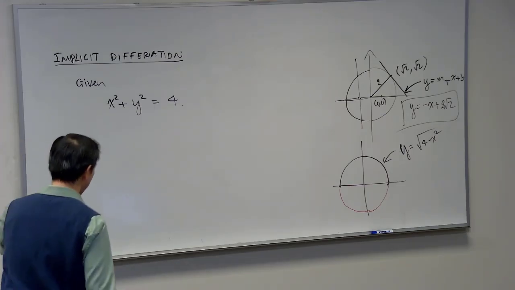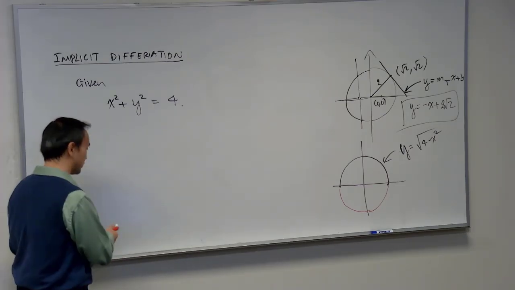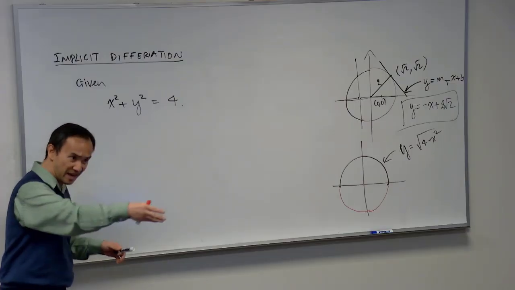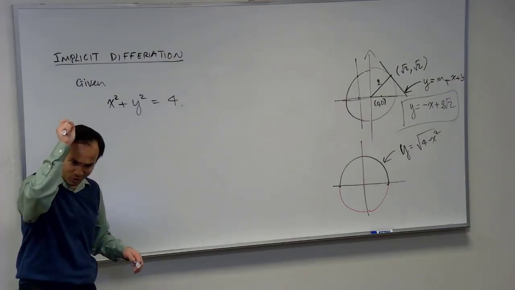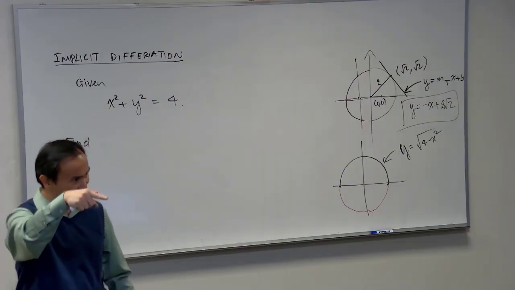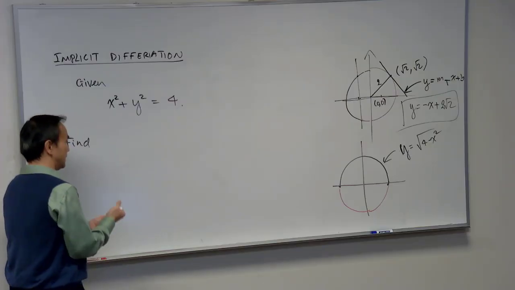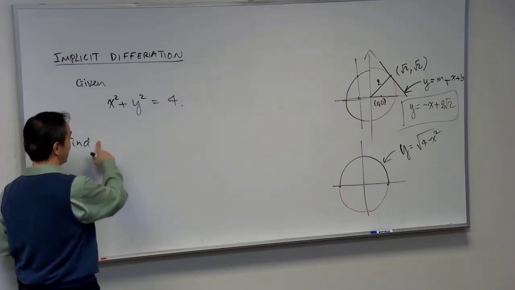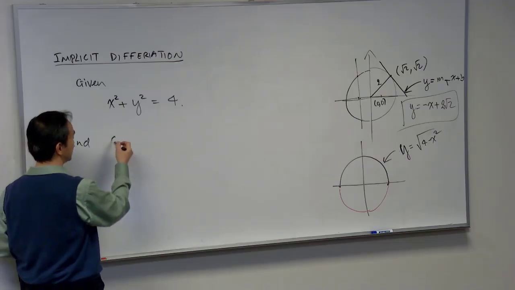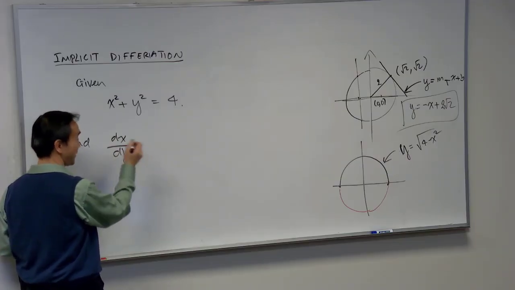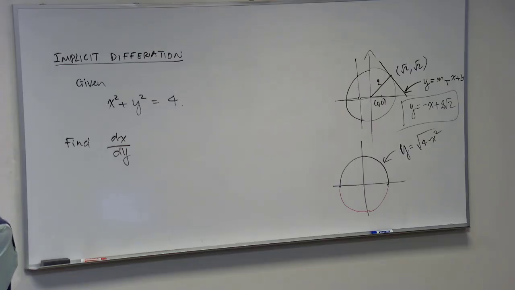So in the problem I just erased, you were asked to find the dy dx, and that dy dx gives you a clear instruction that the notation indicates y is chosen as a function and x is chosen as the variable, right? But still, there could be a possibility that you are asked to find the dx dy. You see what I'm saying now? Because out of the two variables in that same equation, any one of the two can be a function. So it makes perfect sense that someone can give you an instruction, let's find the dx dy,